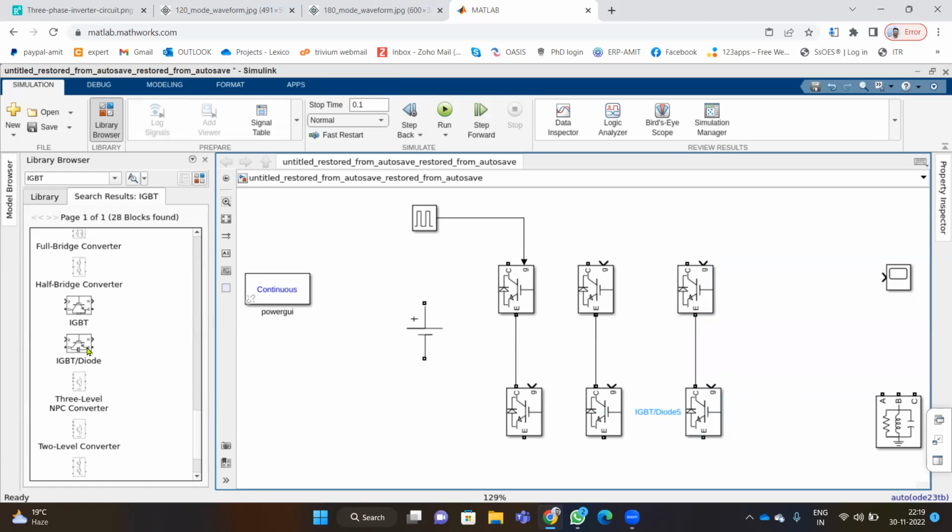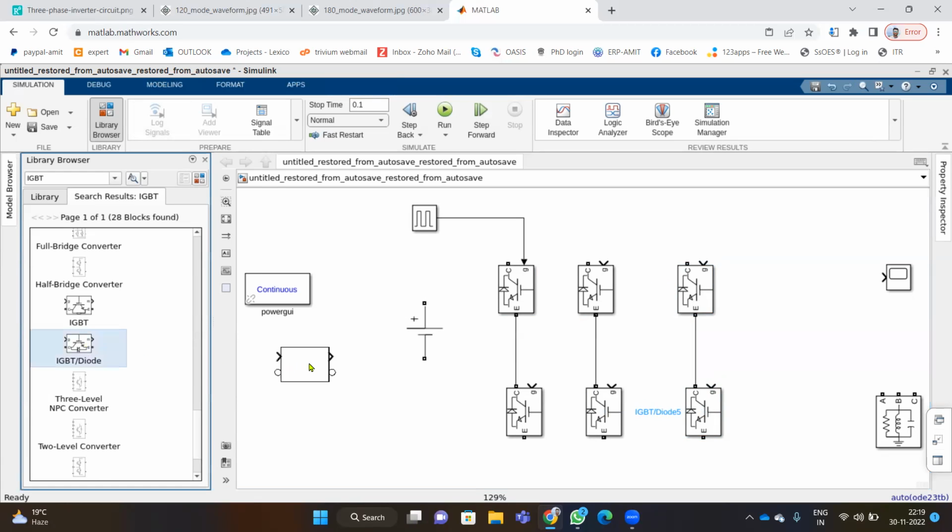One more thing, when you drag this IGBT onto the Simulink window, you will be able to see four terminals. One is gate, the other is collector, emitter, and M. The M port shows the measurement port. If you want to see voltage across the diode or current flowing through the diode, these kinds of things can be seen